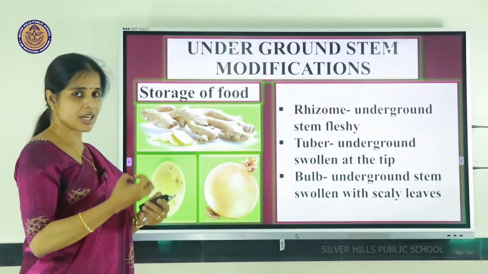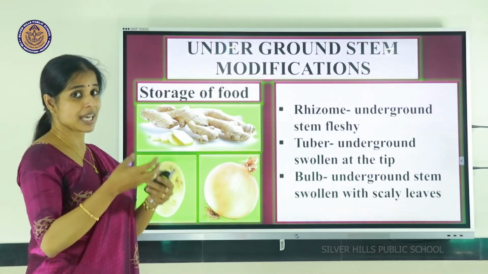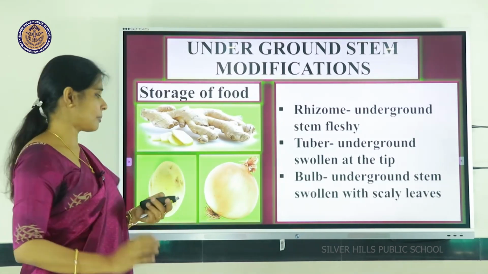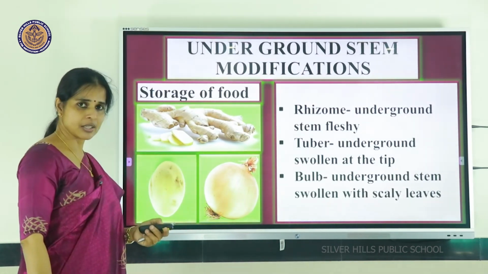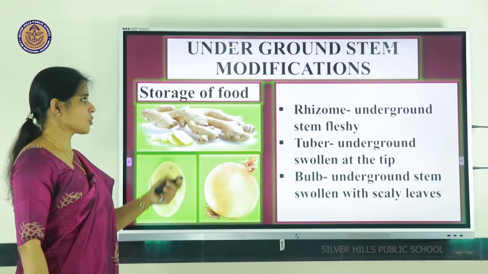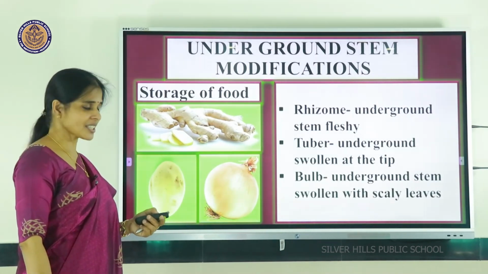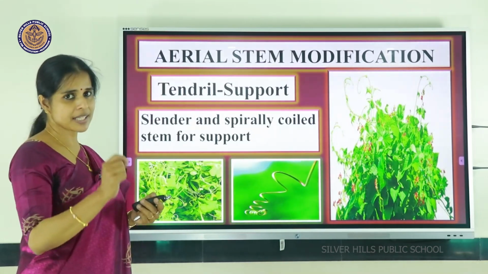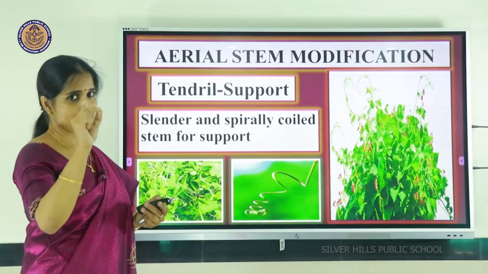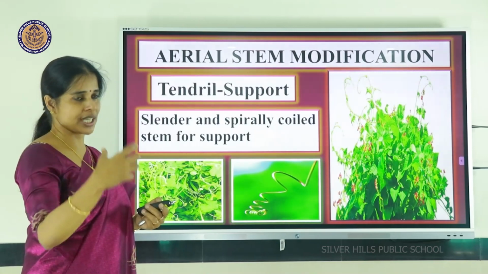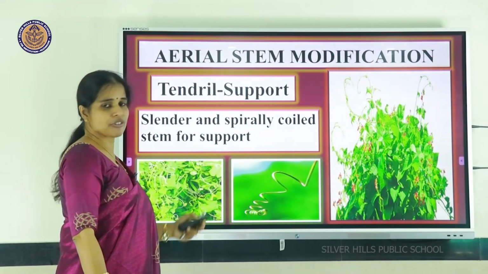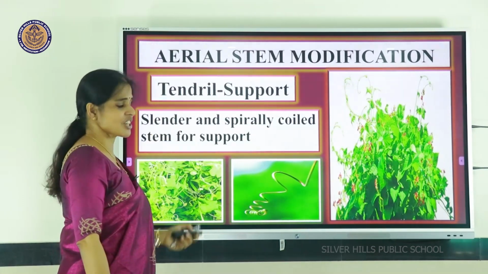When the stem grows underground and a lot of leaves arise from it and they all form a rosette formation, as seen in onion, it is known as bulb. So, underground stem modifications are there. Then aerial stem modifications also. For the weaker plants, the stem forms some spirally coiled structure for support. Such a spirally coiled part developed from the stem as a modification is known as tendril,